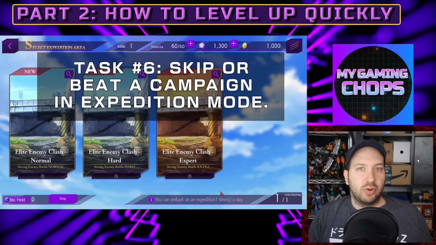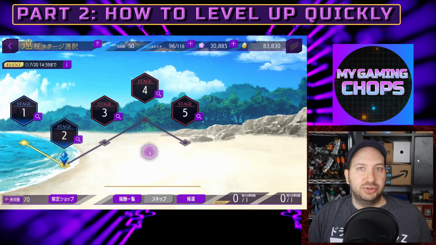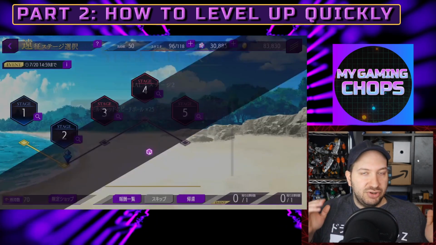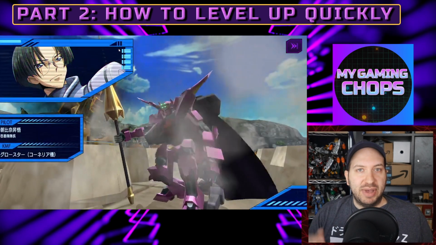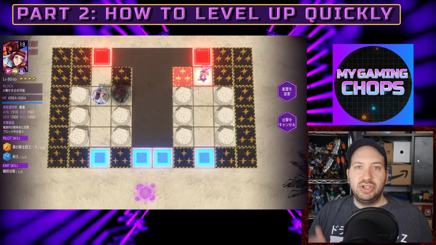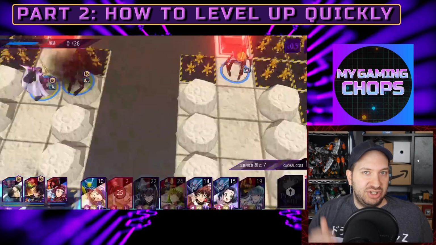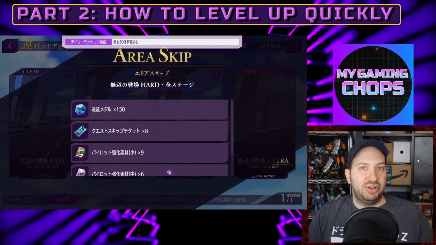When you're done with arena mode, move on to expedition mode. Just like arena mode, it also does not require any stamina to play, so you can do this whenever you want. If you have not completed a campaign yet, it might be beneficial to do that early in the morning because it will take some time to do. But once you complete a campaign in expedition mode, you can skip it the next day. That's why I put it lower in the list, because it's something you can get out of the way very